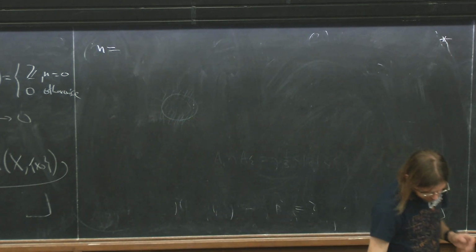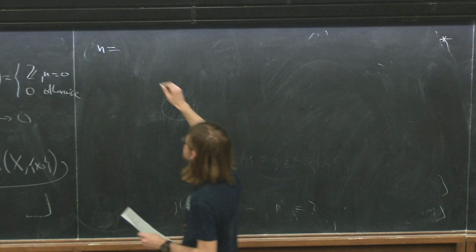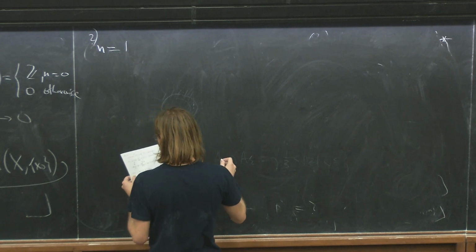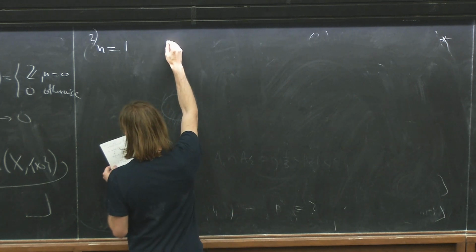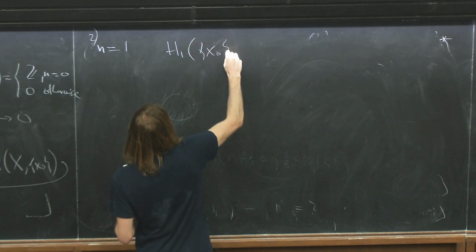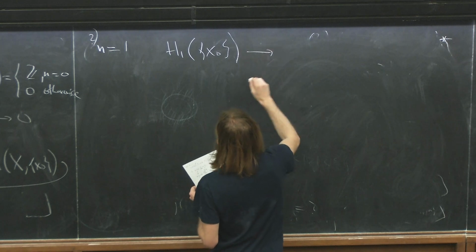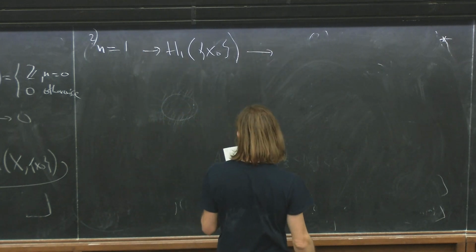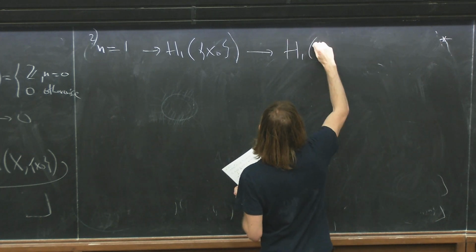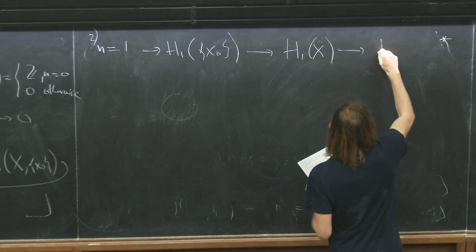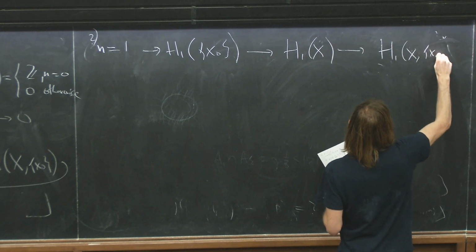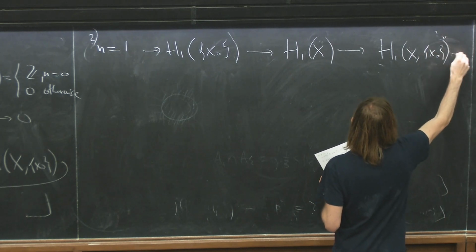Now consider n equals 1. And so essentially consider the end of our long exact sequence. Okay, H1 of the one-point space, H1 of X, H1 of X relative to the point, then